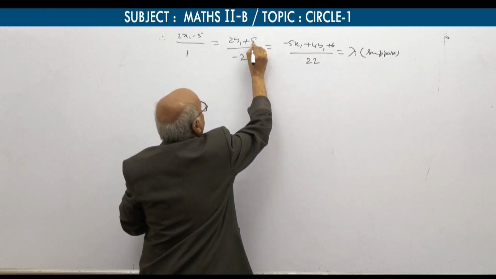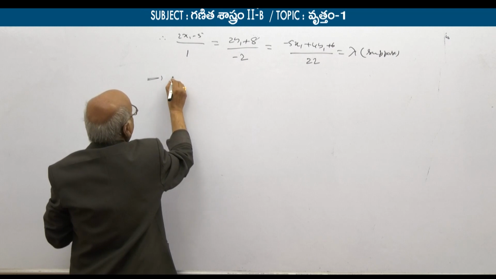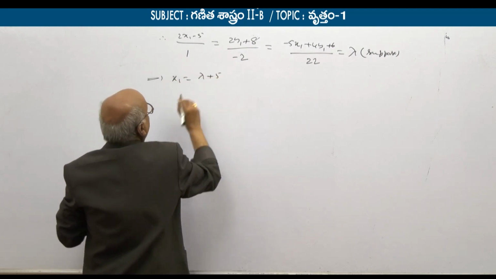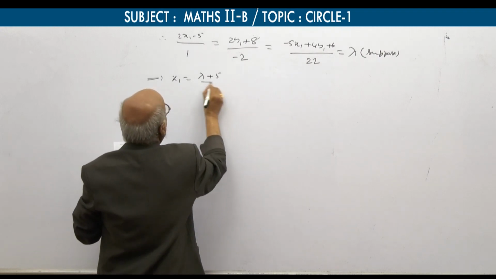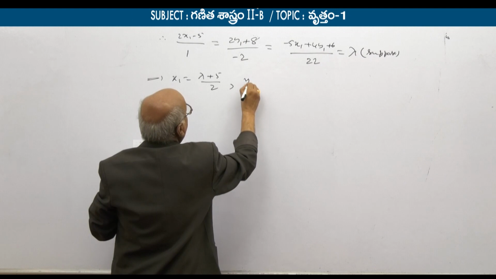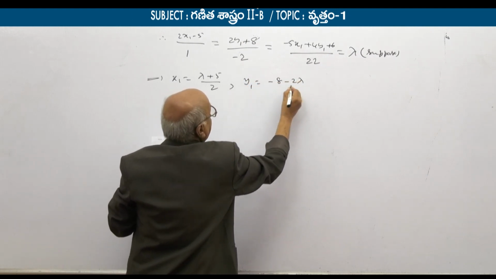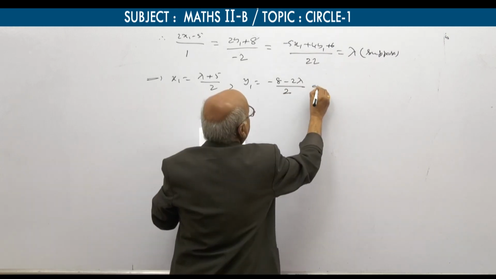So, this is lambda by 8. So, from this what you get is x1 is equal to lambda plus 5 by 2 and y1 is equal to minus 8 minus 2 lambda by 2,